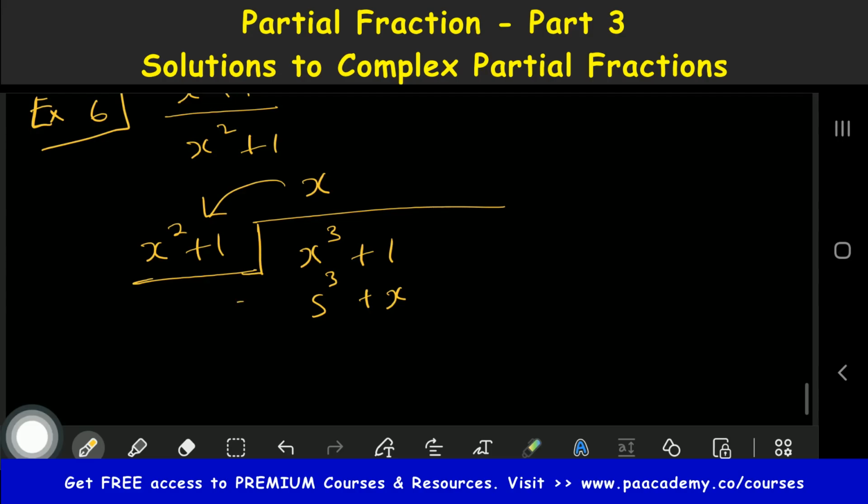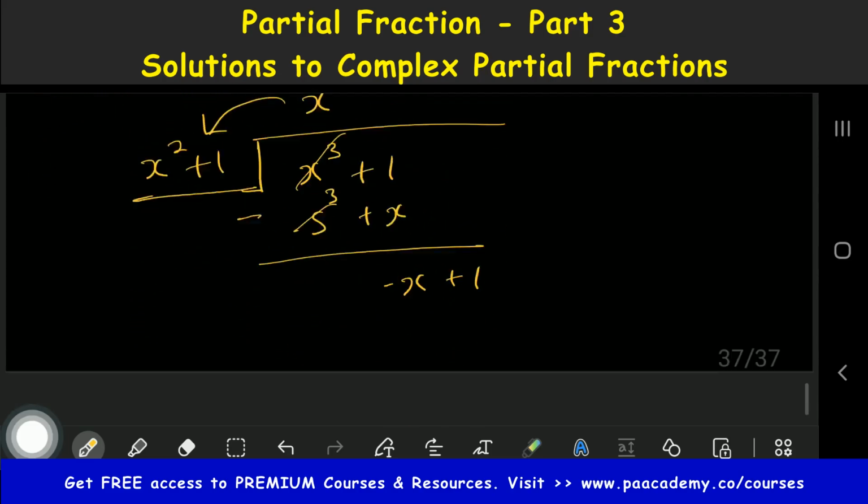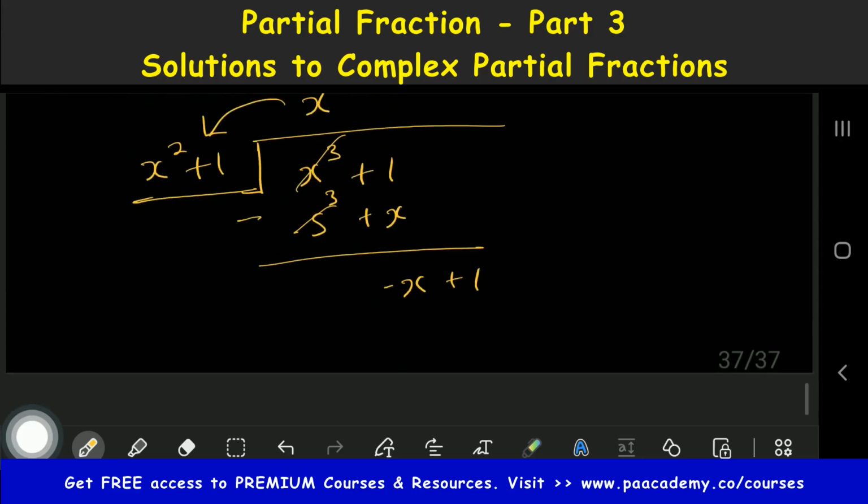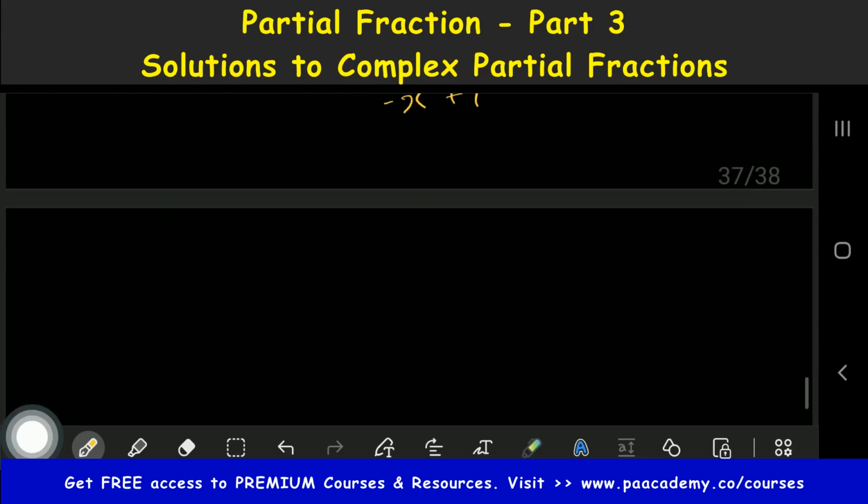All right, so by the time we subtract, this will cancel this. All right, we are going to be having, so let's start with the x. We don't have a corresponding x here, so it's going to be minus x, and then 1 minus, we don't have any corresponding number here, so that's going to be plus 1. All right, so if you are to rewrite this now, that means our initial question, which is x raised to power 3 plus 1 over x squared